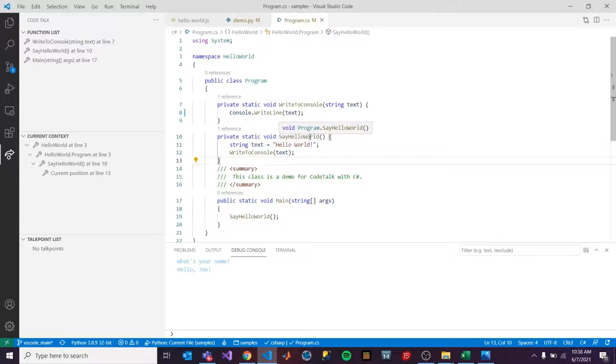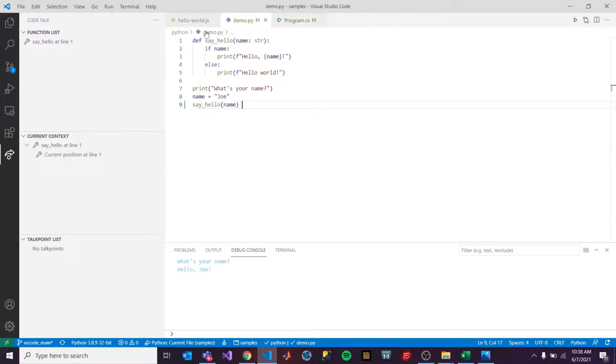The get current context also helps a lot with navigation, giving you where your cursor is currently located and allowing you to walk up and down the hierarchy. And the talk point list is really an innovation around the alertability feature. That one I'll just go through a little more of a demo on so you can see that in action.